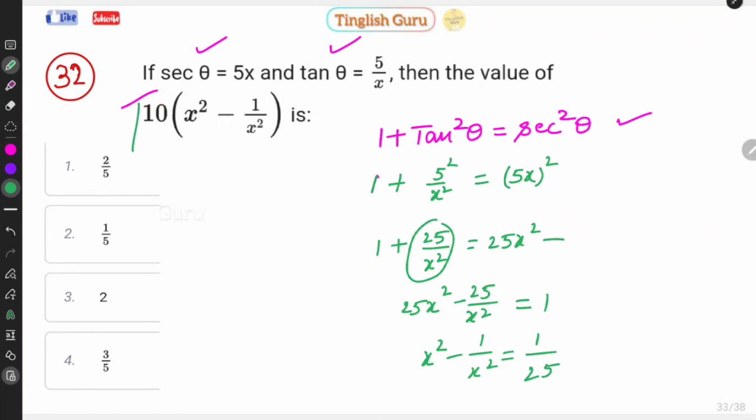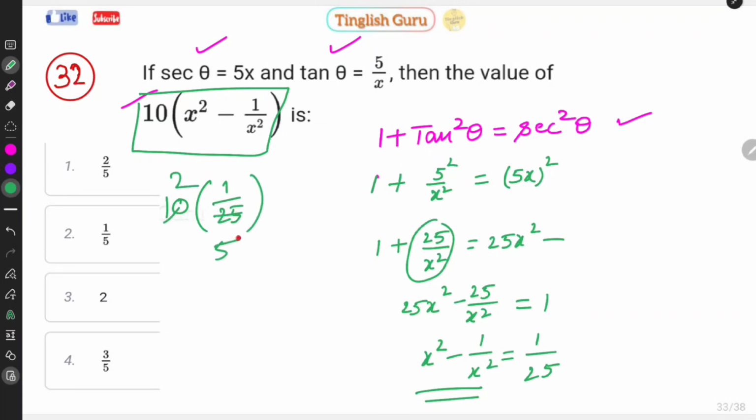In the question, we are asked to find 10 into x square minus 1 by x square. Therefore, 10 into what is the value of x square minus 1 by x square? 1 by 25. So 5 2s and 5 5s. Our answer will be 2 by 5, option 1. Next,